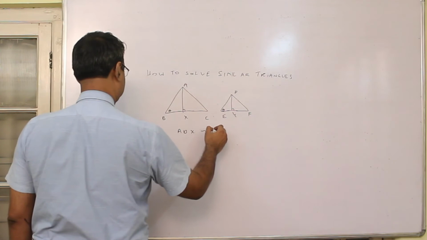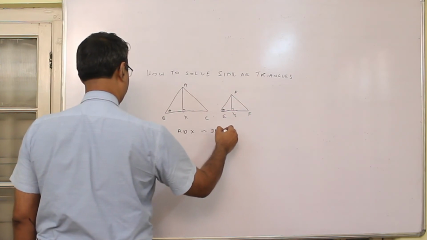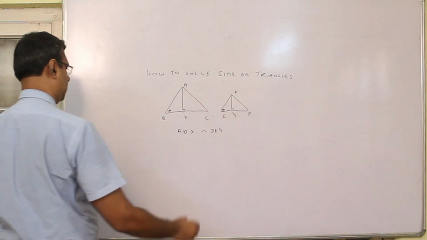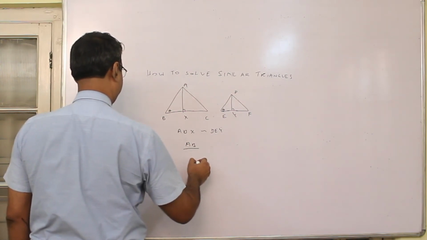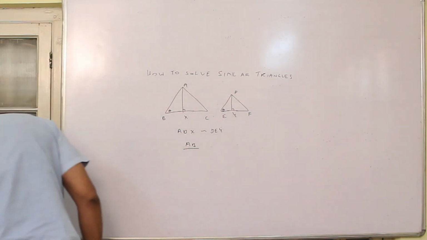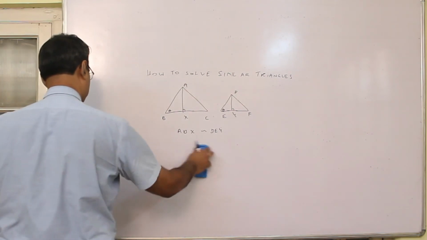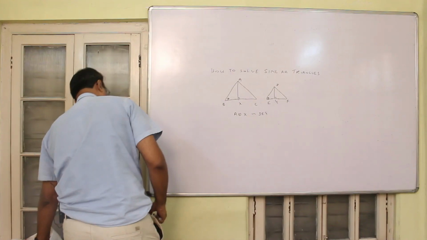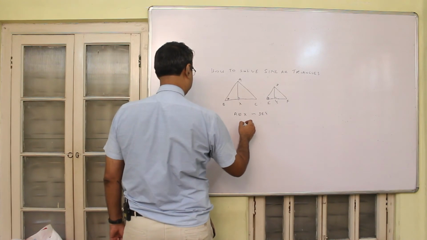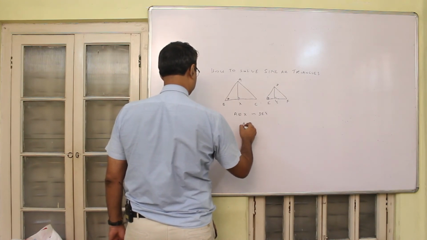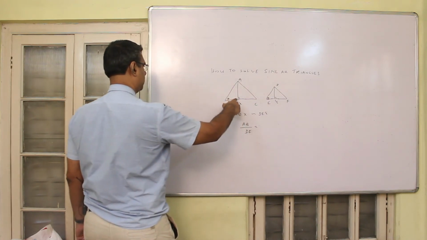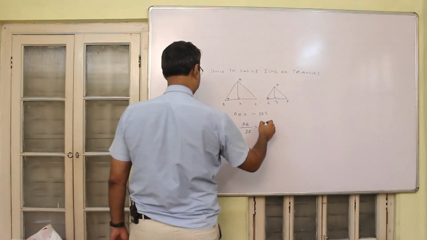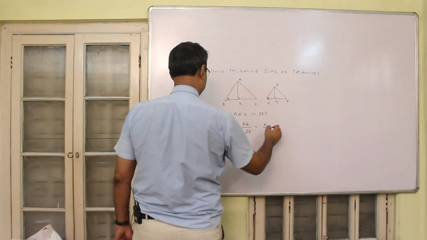So ABX and DEY are similar. So we can say that AB by DE, AB is opposite to the right angle, DE is opposite to the right angle,